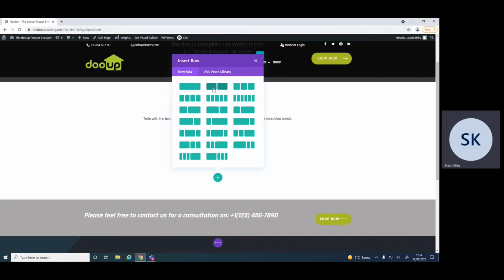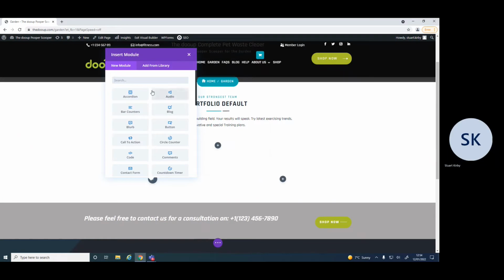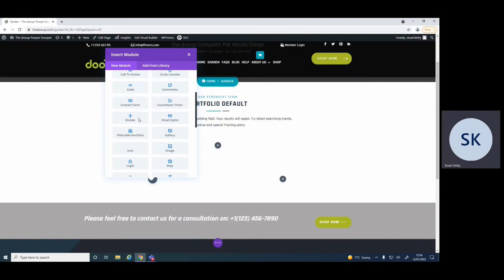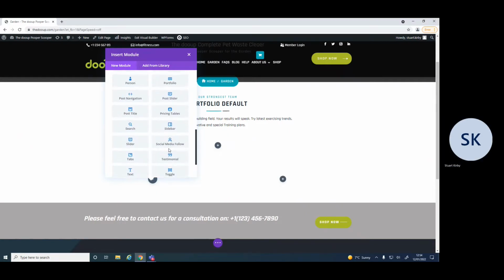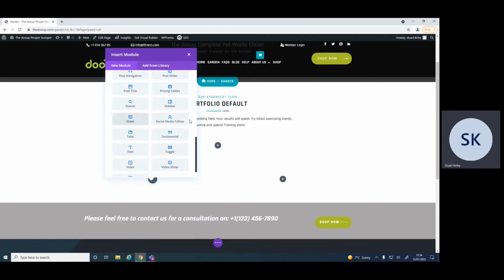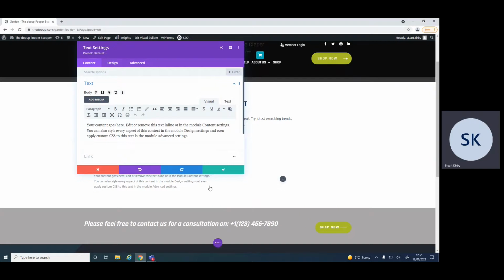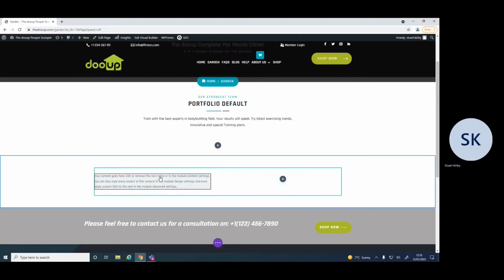But I'll just demonstrate the 2. And then you can decide on this one what you want to put there. So if I want to put an image or testimonial, whatever, just text, I can put a text block there. And it goes in there. And then this one I can add